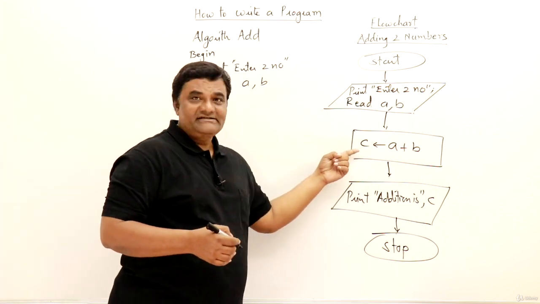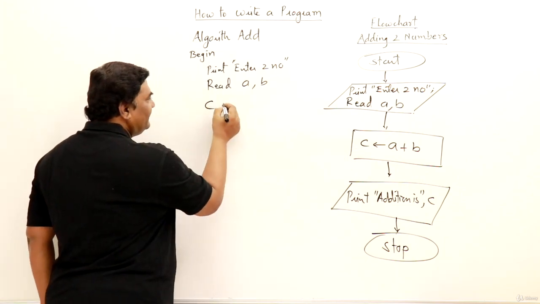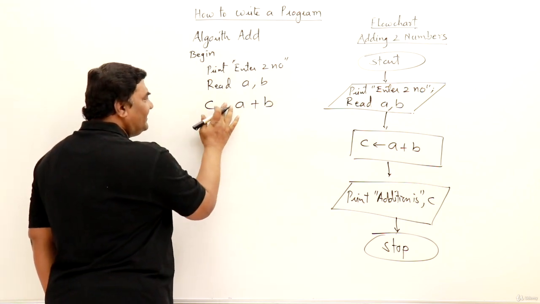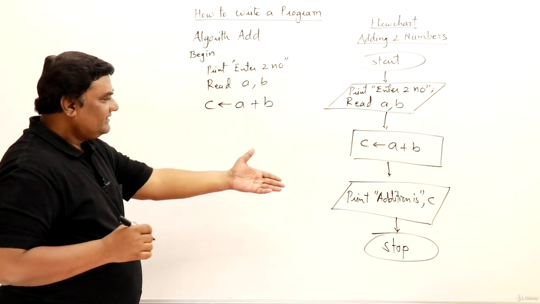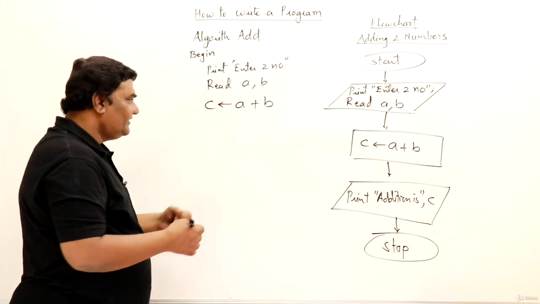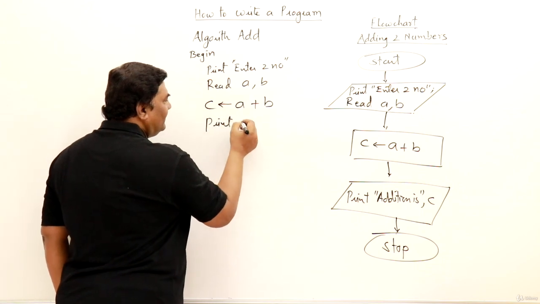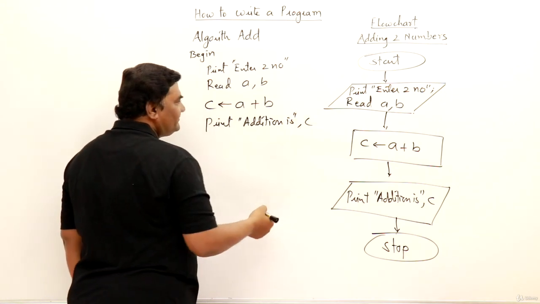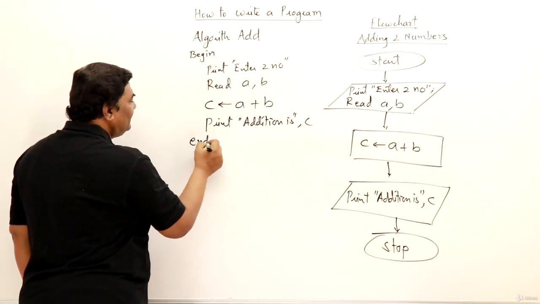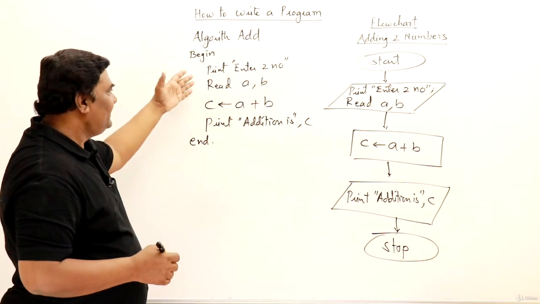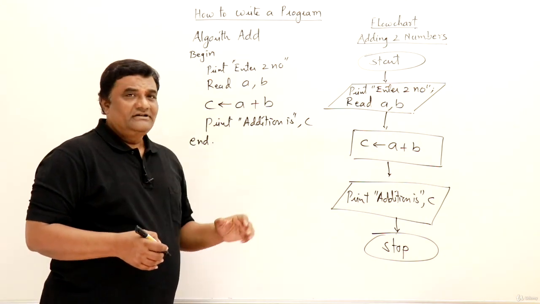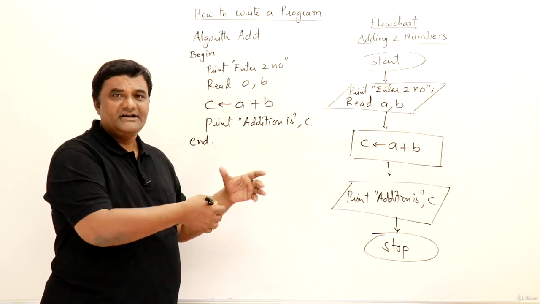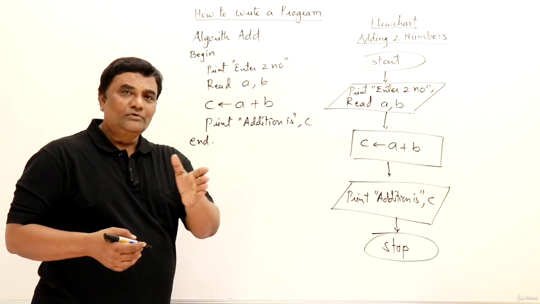This is over. Now the next step is processing. So C is assigned A plus B. I am writing this as an assignment. Don't read it as equal to. Otherwise, write an arrow like this. Now the next step is printing: addition of numbers is so and so. So print addition is C. This is the result. And this is the end of our algorithm. So those steps I have combined and written as an algorithm. This is the beginning, everything looks simple, right? As we go on writing more programs, this may become a little lengthy or complex. So slowly we'll move to it.